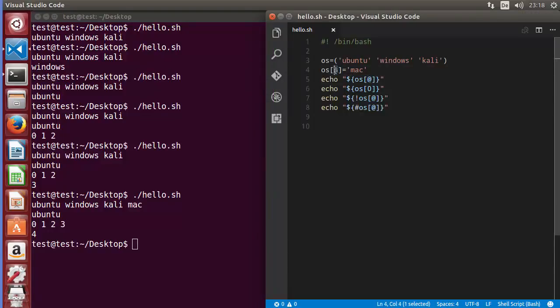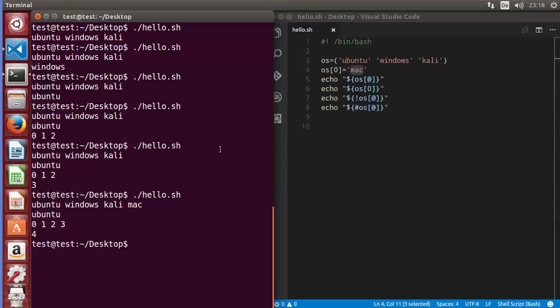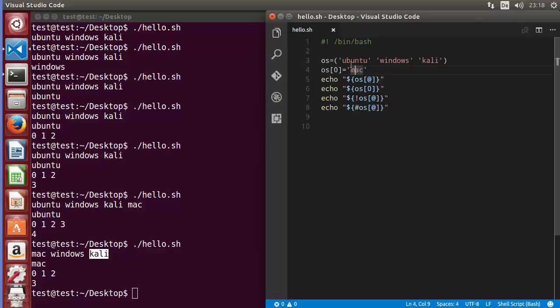Now if you want to update this, so for example I write here at the 0th index, then this Mac will be assigned at the 0th index, which is going to replace this Ubuntu by Mac, right? So let's run the script, and you can see now it has at the 0th index Mac, then Windows, then Kali. Okay, so if you want to update it, you just need to write the index of the element which you want to replace the new element with, and then you just assign the element value. Okay,